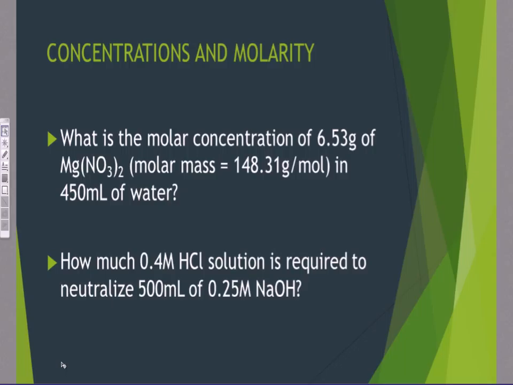Yeah, that seems like a pretty good first step to me too. So we should probably convert the 6.53 grams of magnesium nitrate into moles, and then we can just do a very, very simple mole conversion for that, right? We can just say,